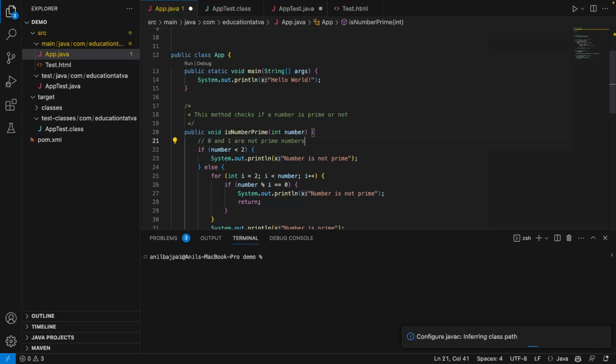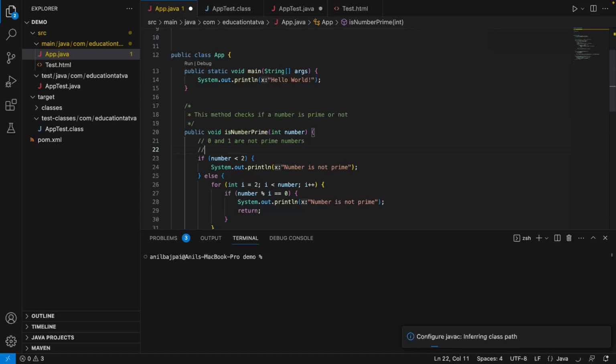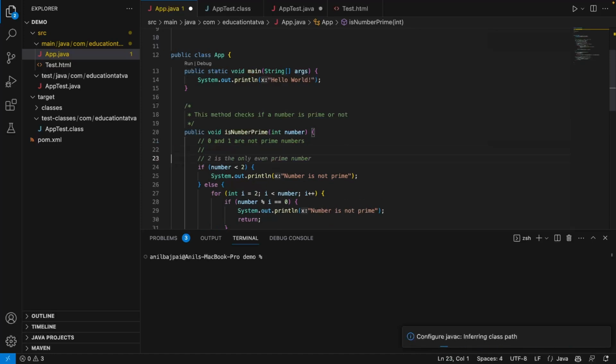0 and 1 are not prime numbers. Wow. Any number divisible by 2 is not prime. So if you look at it, this gives you pretty good documentation that makes your method or